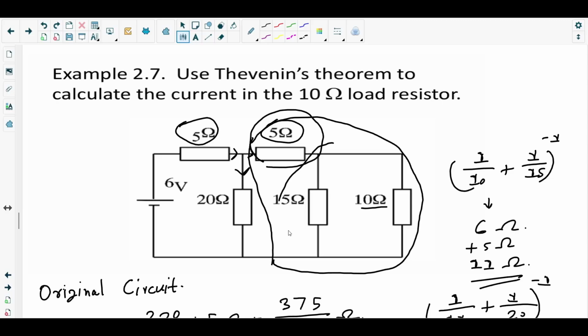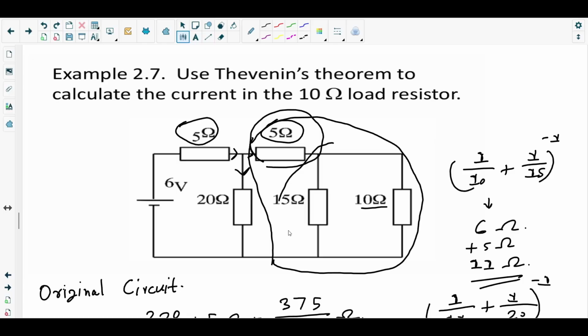So PD across the parallel section, V parallel equals the remaining PD, 88 over 25 minus 8 over 5,